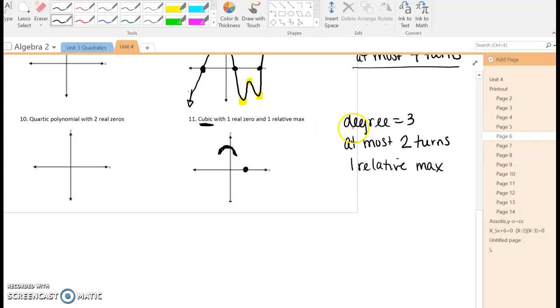I'm not specific about the degree, but it has to be a degree of 3, so that means I have to have opposite ends. But it doesn't tell me if the right end is going up or if it's going down. So what I'm going to do to make this easy on myself, because I only want